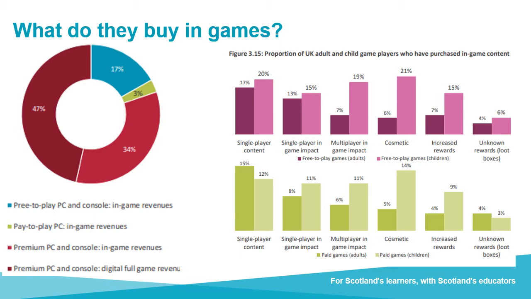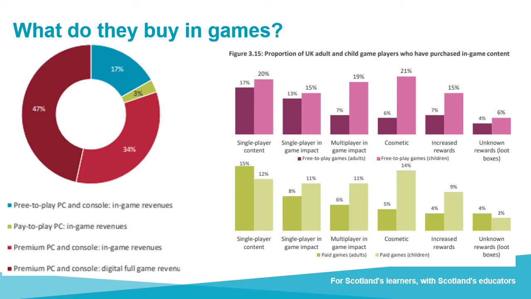But you see, over half the money spent is either on free or pay to play content. So if you imagine buying the old FIFA on your Super Nintendo, and then you've got to buy points to add players to it, that's what they're doing with that. And you can see a further breakdown of that for adults versus children on the right hand side. You'll see in both cases, whether it's free to play or paid games, children tend to spend more money on adding content to a game that they own,